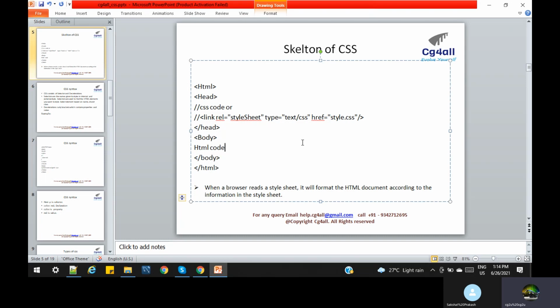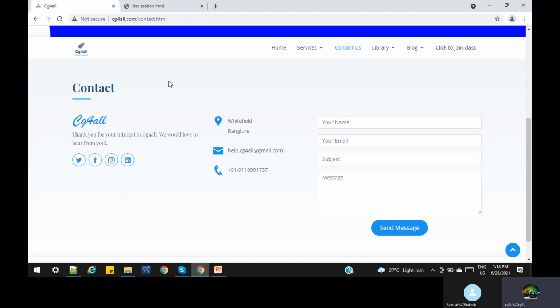When the browser reads these styles and the HTML loads, inside the HTML we are writing the style sheet, so that also runs. This style sheet or CSS passes the information to the HTML and DOM basically, and that will be rendered in the browser. Every HTML page may or may not contain CSS. If CSS is contained, it should be rendered by the browser. It depends upon the browser: some browsers accept some CSS files or some CSS attributes, and some do not.